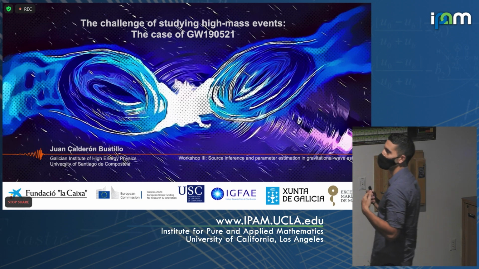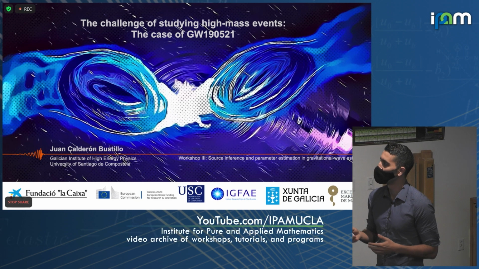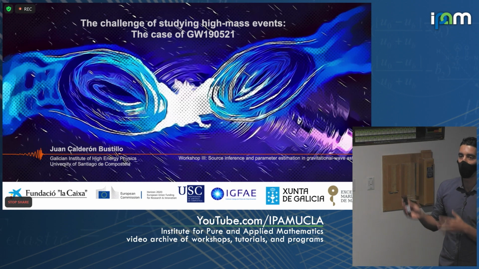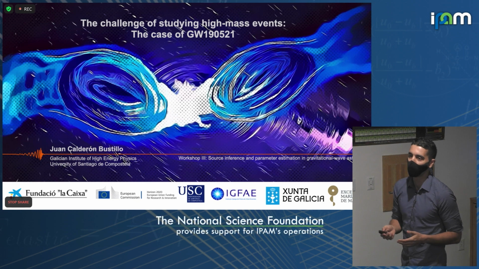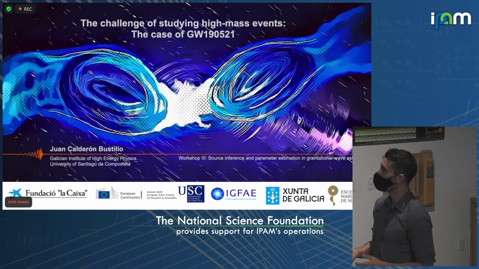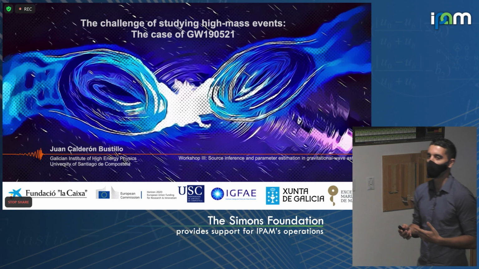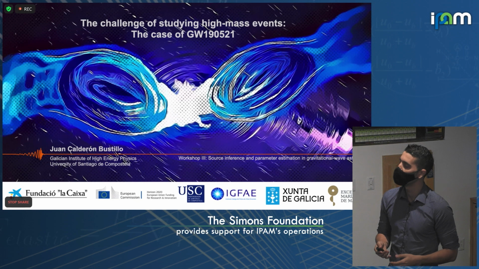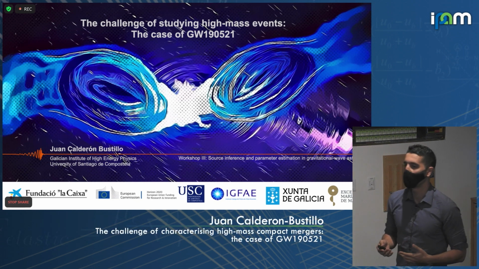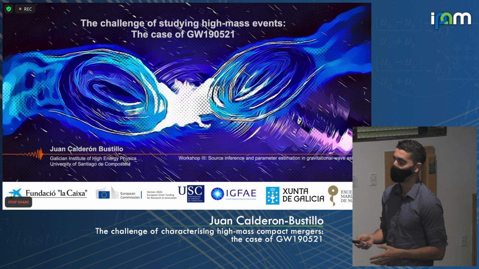So you assume you have parameter estimation tools like Bilby or LALInference, and then you have some waveform models, phenomenological, numerical models, etc. And then you go about guessing what could be in the data, what the data is representing. I want to focus on the case of high mass events, because these high mass events are super challenging, because you don't really have much information about what happens in this type of events. And your results may be strongly driven by what you're assuming could have happened there, meaning your priors.